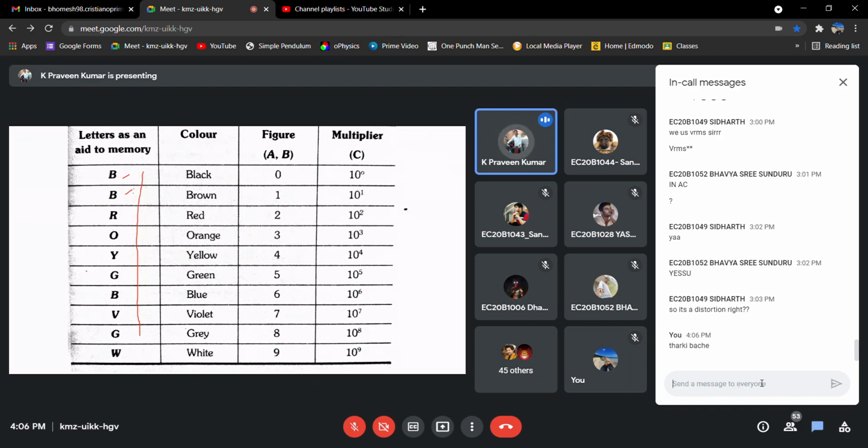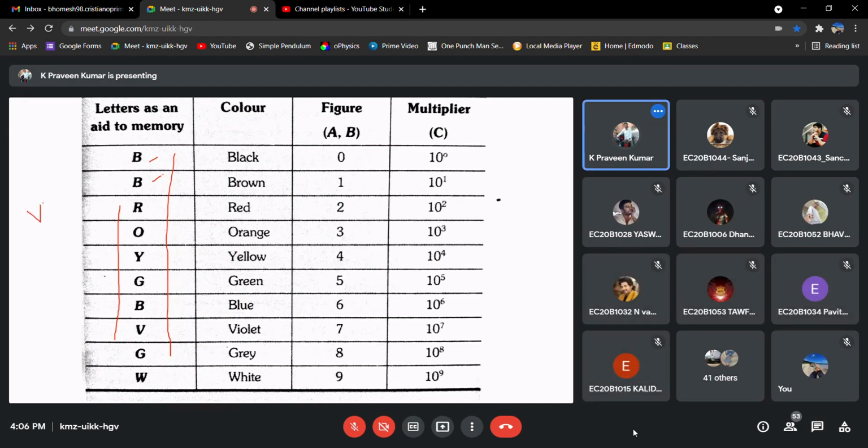First is black, then brown. If you see this one, have you seen this one? Are both the same? If you go from here to here, what is missing? The I is missing.